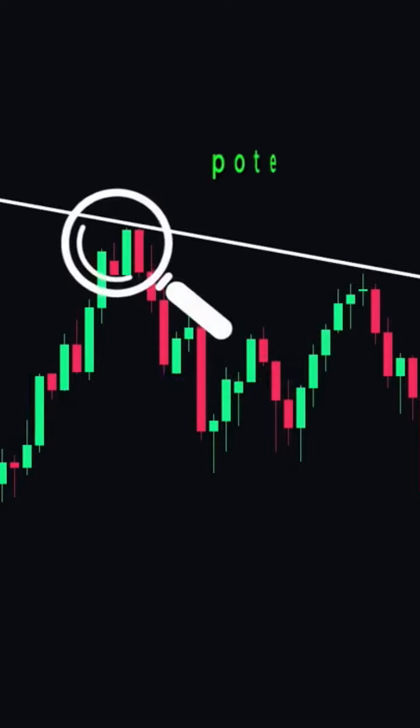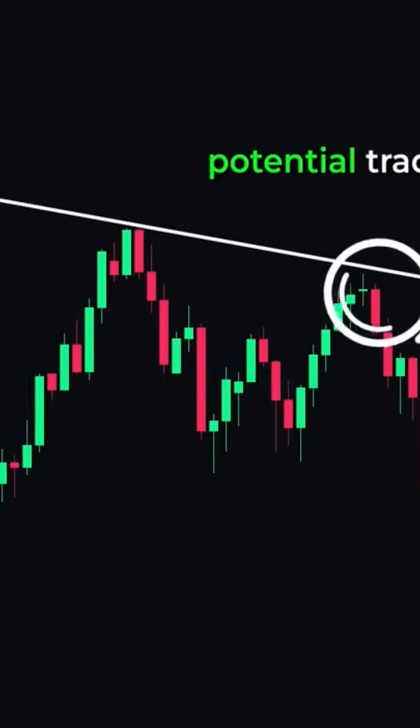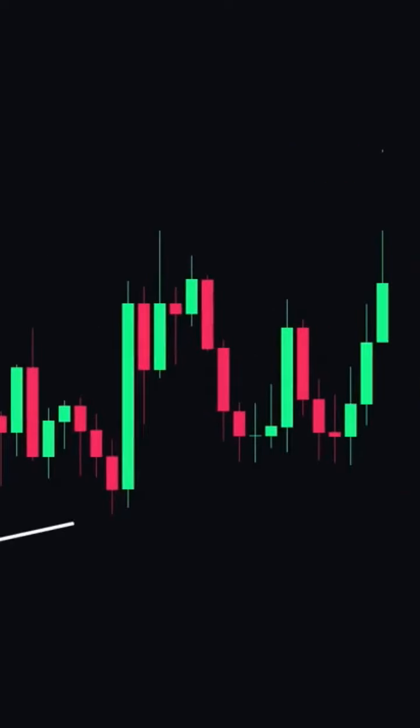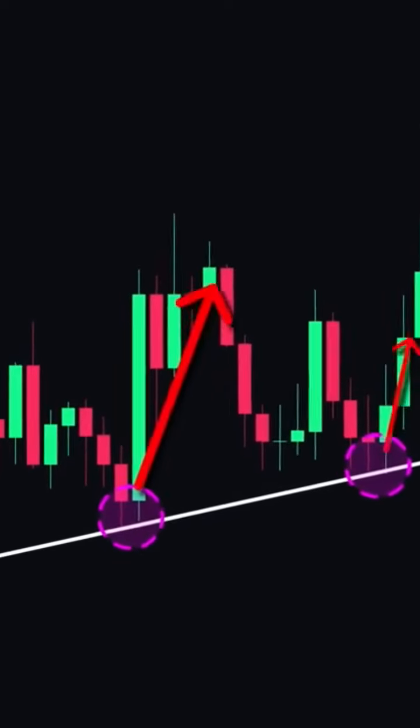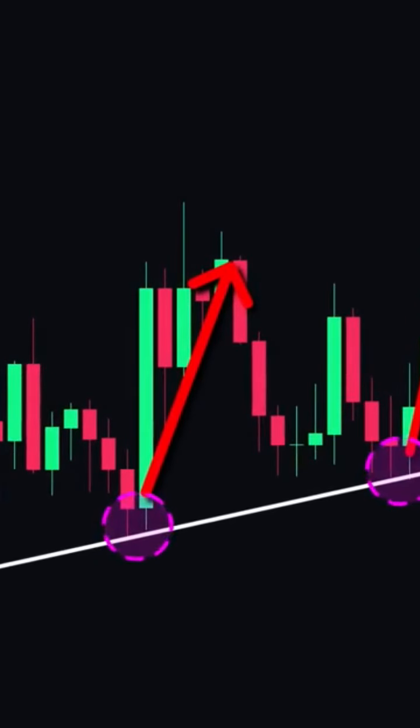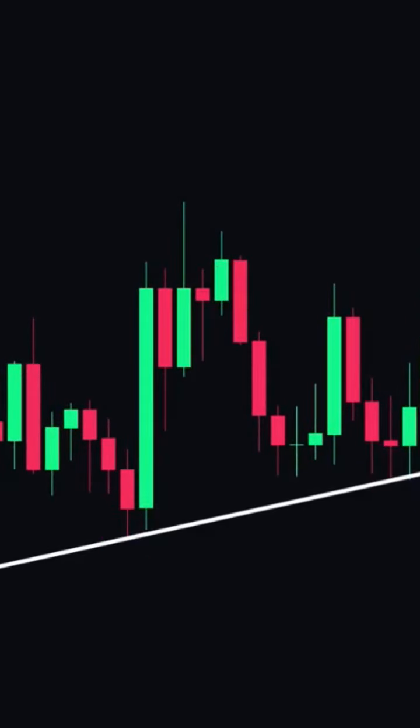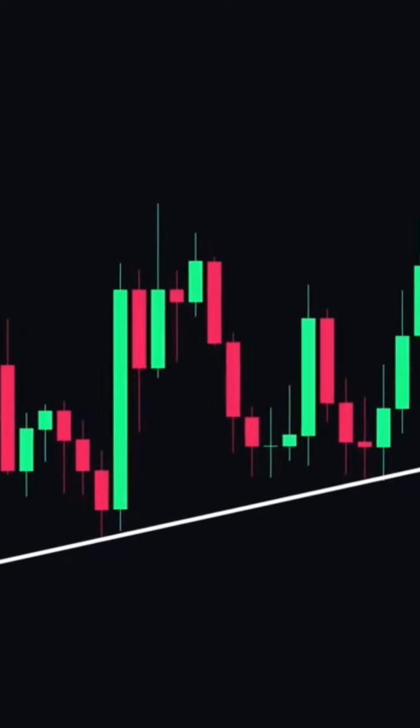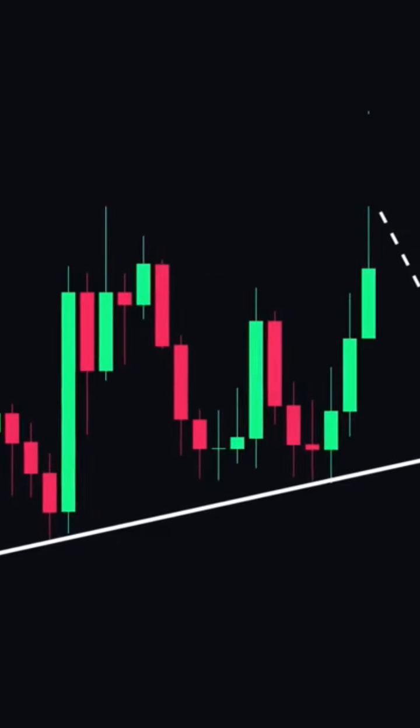They also help us spot trade setups that we otherwise wouldn't have spotted if we looked at the charts with the naked eye. For example, in this chart, we've applied a trend line by connecting the swing lows. Now, notice that in the past, price tends to bounce off the trend line every time it touches it. This tells us that in the future, if price ever approaches the trend line again, there's a high probability that we can expect another bounce. So, a possible trade setup here